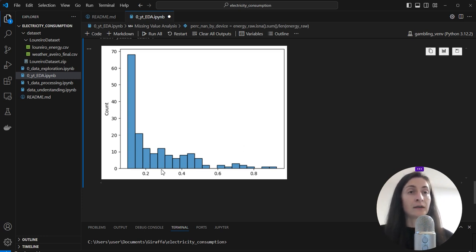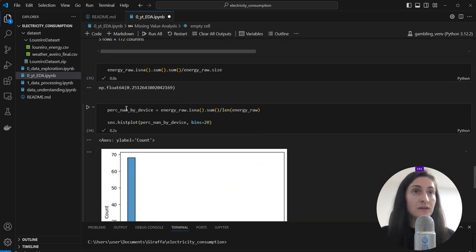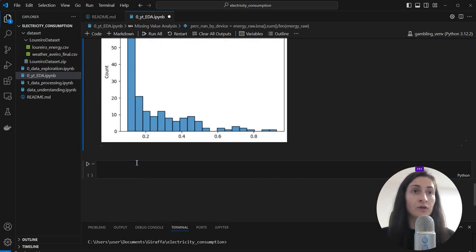But we also have a lot of data, a lot of devices which don't have significant losses of data or significant number of missing values. Let's, for example, inspect how this data would look for devices which have almost the entire data or all the data, and devices who are missing a lot of the data. So given that we have this percentage none by device over here,